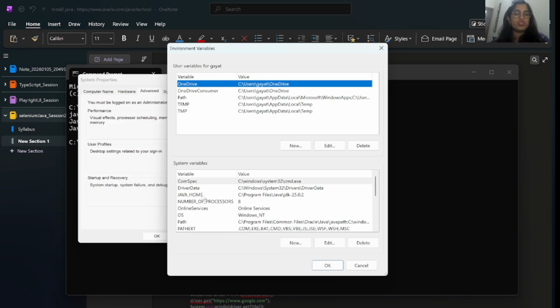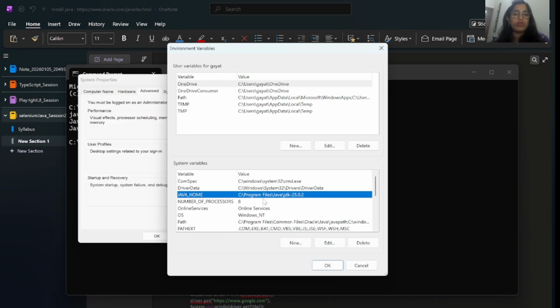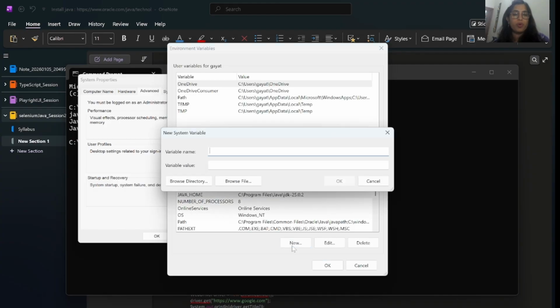You have to set your Java path in the system variable like the way I have set up here. So you have to click on the new option. When you click on the new button, it will open the variable name. Here you can give your variable name like JAVA_HOME, and then you have to put the path here.